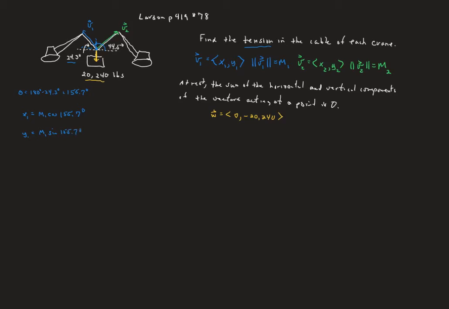Now, for the green vector, v2, its horizontal component is going to be its magnitude, m2, times the cosine of its angle, and that is the 44.5 degrees, because that's the angle for vector v2 going from the positive x-axis out to the vector. Its vertical component is going to be m2 times the sine of 44.5 degrees. So when we put this together,